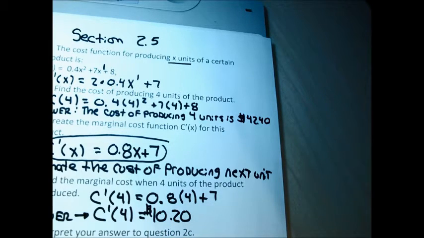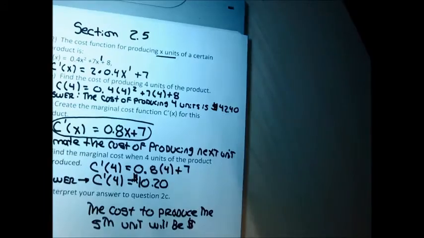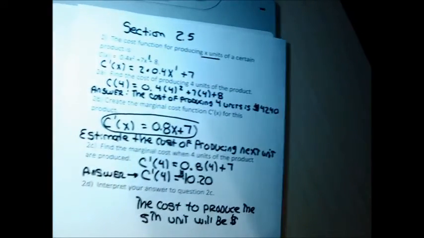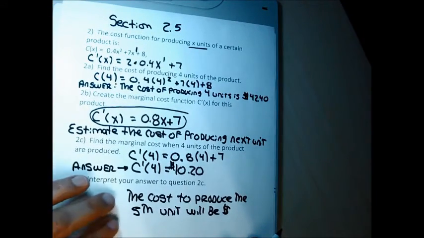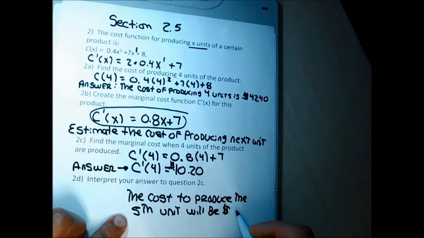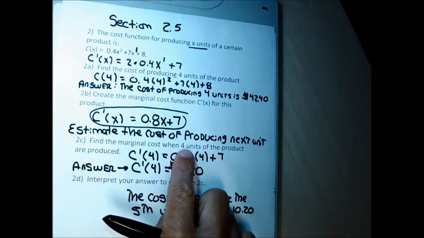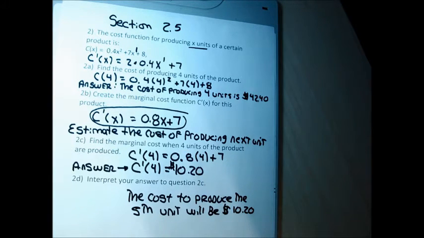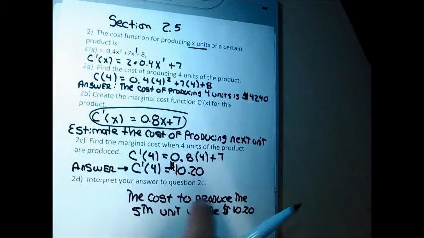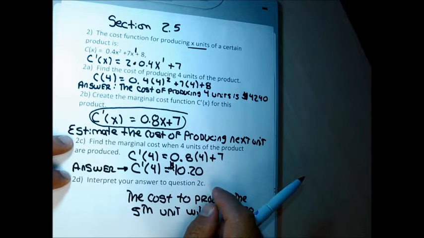And then I can simultaneously answer part D. Part D, the cost to produce the 5th unit will be $10.20, because the marginal cost gives you the cost of producing the next unit. Since I'm finding the marginal cost when production level is 4 units, it's the cost of producing the 5th unit. I'm done, but another way to do part C would have been to go to